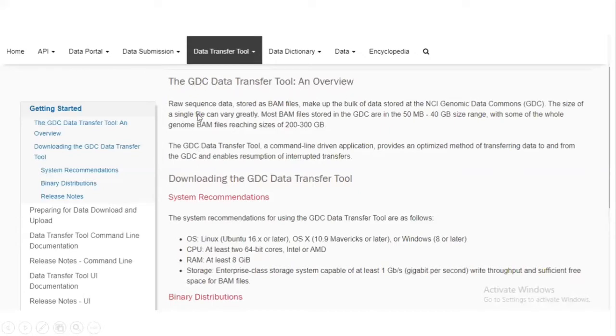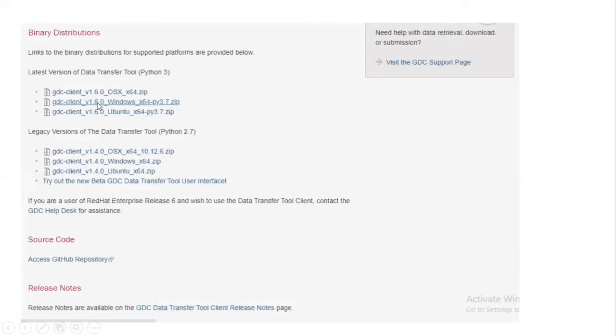This is the overview of what type of datasets we can download from here. In the form of bulk datasets we can download, and we can use those datasets in different versions. We can download the Linux version, Windows version, or OS version for this. So I will show you how we can download this particular GDC data transfer tool by using the particular portal. So we will just begin our demo.